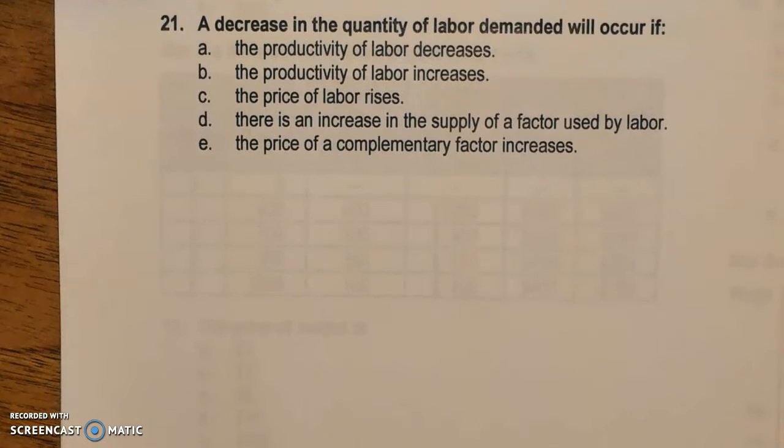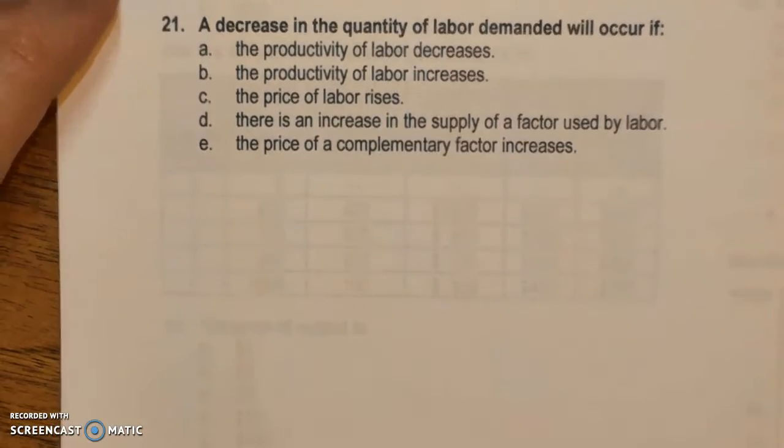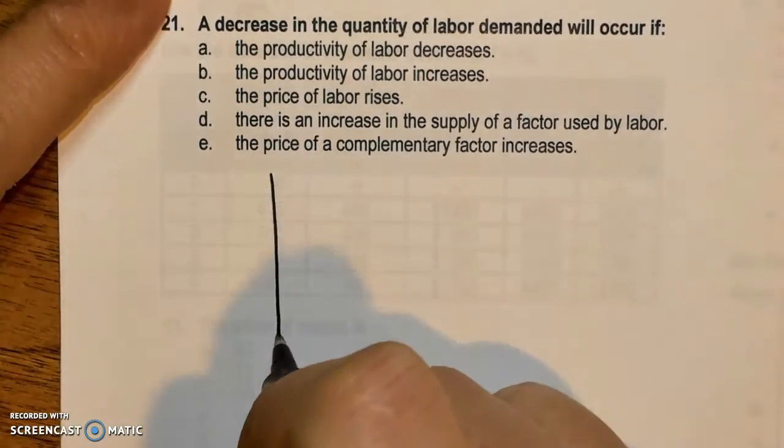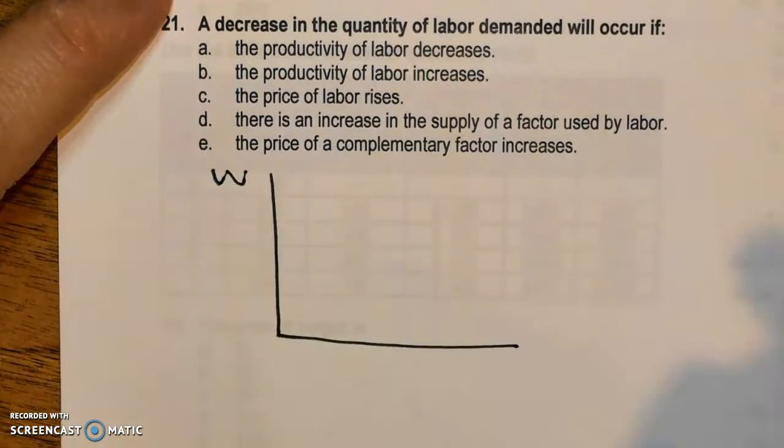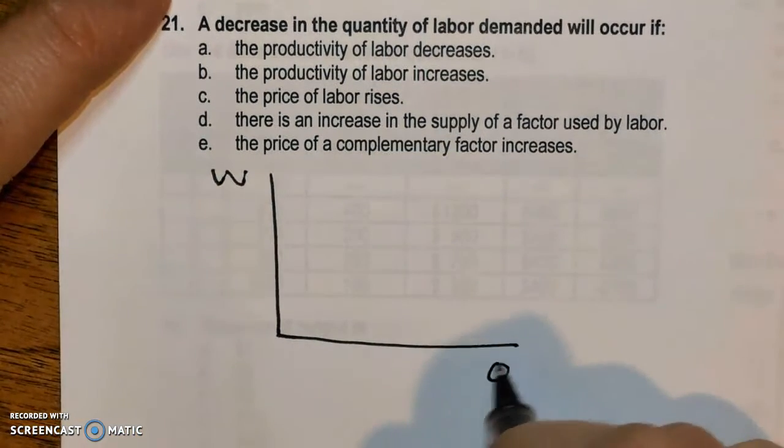All right, number 21, a decrease in the quantity of labor demanded will occur if. This question I find a little frustrating because it's going all the way back to our supply and demand unit. I think it would be easier if I draw it, but the idea is that we have the same graph that we've been drawing where the wage rate is in the left. You have quantity